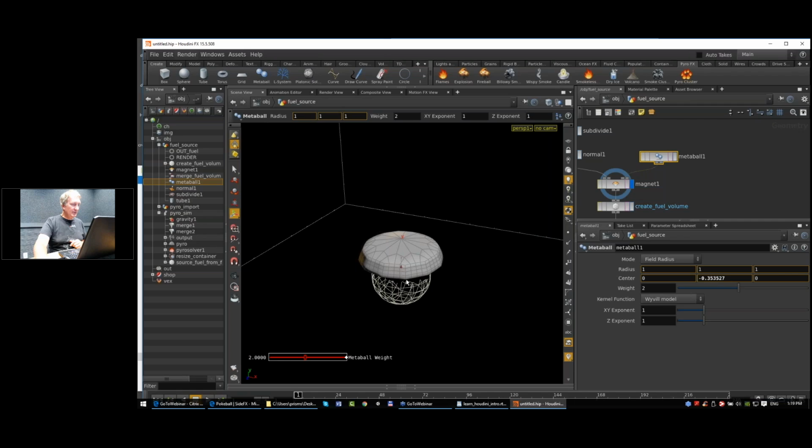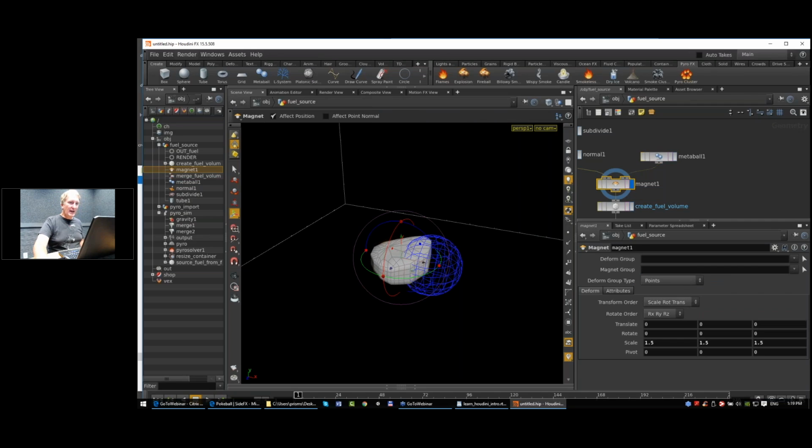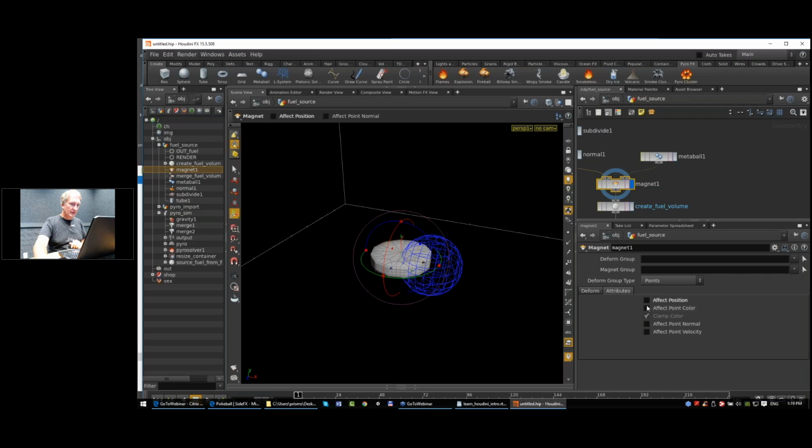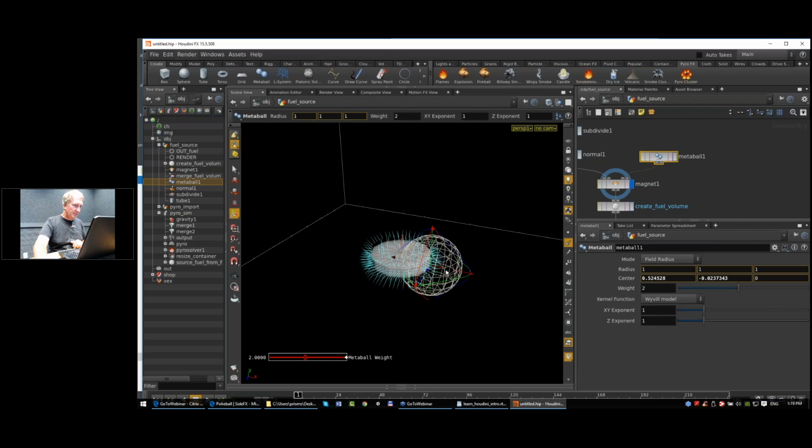But the magnet node does a lot more than that. I said before I wanted to push the geometry off to the side, so let's do that. In the magnet operator, I can go to the Attributes tab. We have all kinds of really interesting options: affect the position, or affect the color, or affect the point normal. And if I turn on my point normals, you can now see that it will affect the point normal. So if I go to the metaball and push it over to here, you can see that I can actually move the normal. So if I put the sphere over to there,